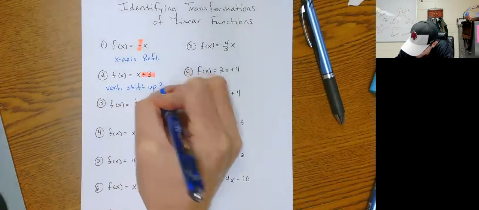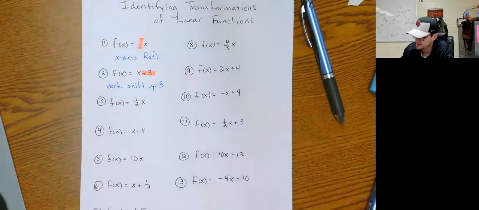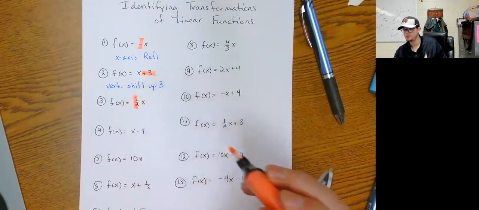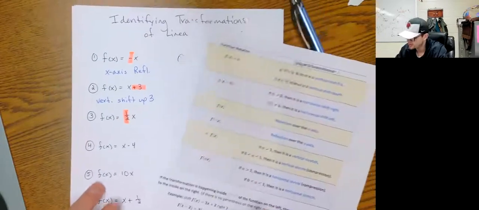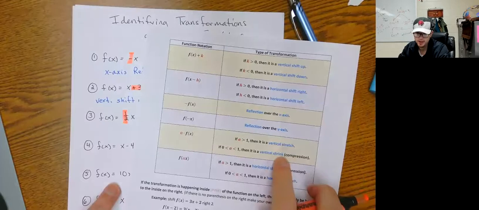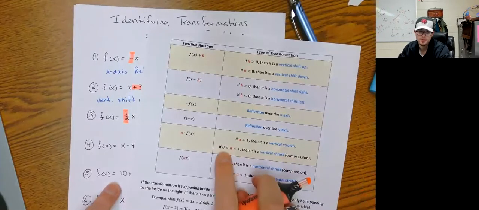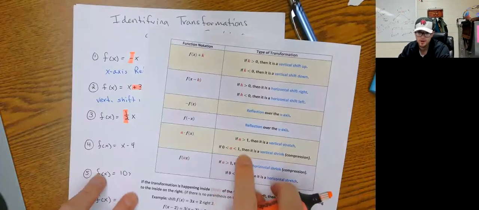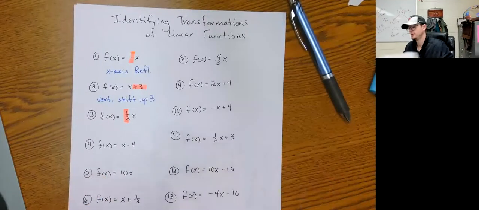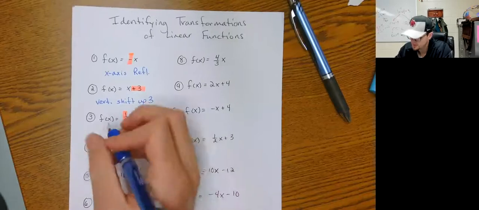up 3. All right, this one is being multiplied by a half, so you have to look at your notes. Multiplying means a vertical stretch or shrink. Now it's a vertical shrink if what's being multiplied by is between 0 and 1. Is 1/2 between 0 and 1? Yes, it is. It's halfway between them. So vertical shrink